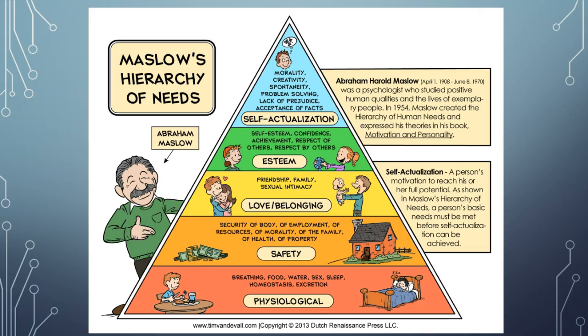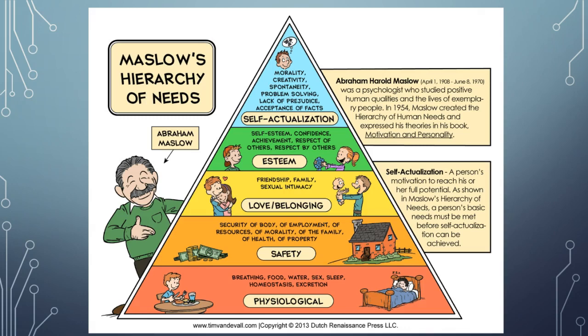When we look at the first 3 steps, we realize that if these needs are not met, we're not going to have positive interactions or human motivation to continue with the other needs. So if our physiological needs, our safety needs, or our affiliation, our love and belonging needs are not met, then we're not going to be able to move to high esteem or high self-actualization.